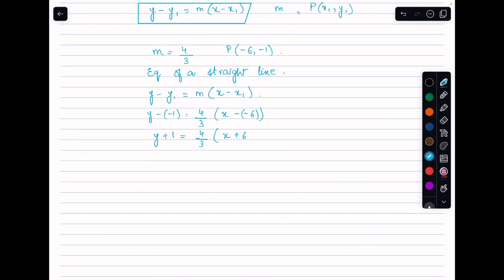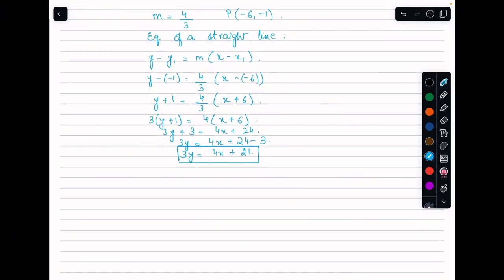x plus 6, or I can say it's going to be 3 times y plus 1 equals 4 times x plus 6, or 3y plus 3 equals 4x plus 24. Or I can say this is 3y equals 4x plus 24 minus 3, or 3y equals 4x plus 21. So this is the general form of the line,